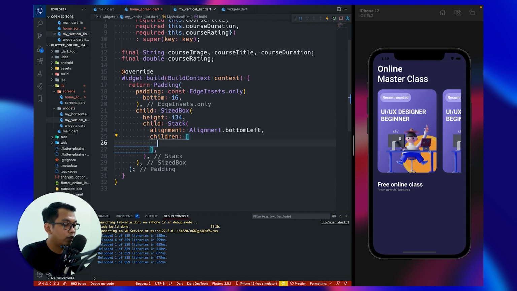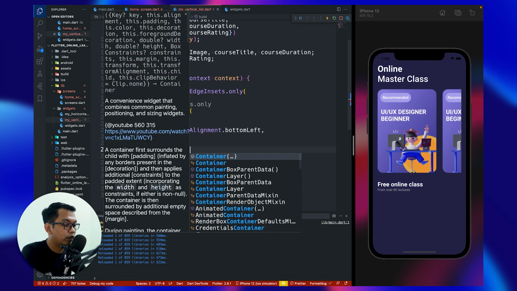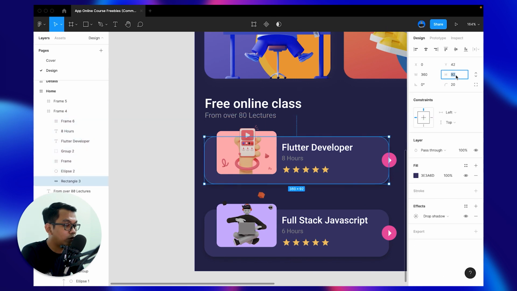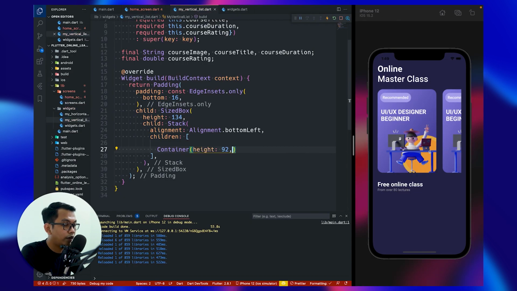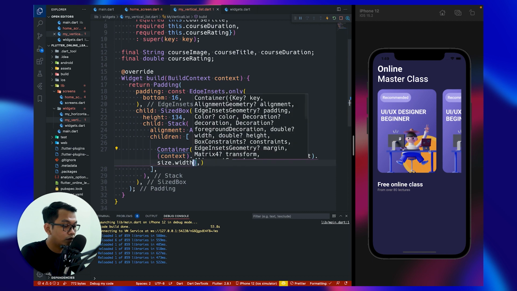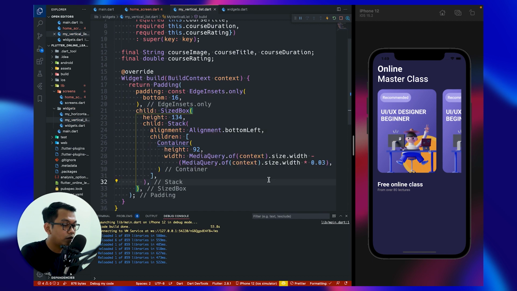And inside our children, the first one is we add a container, which is this one. Set it to 92 for the height. And for the width, we use a media query of size width times 0.03, look like this.